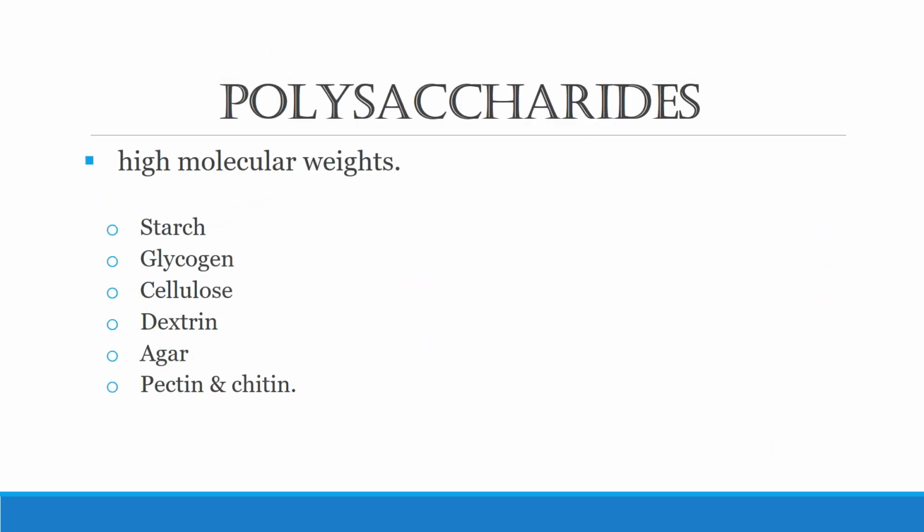Lastly, we come to the polysaccharides that have a very high molecular weight, which means that the number of carbon, hydrogen and oxygen atoms are multiple. So a very large number of carbon molecules are present. So you can see the different sources of polysaccharides that exist, that are starch, glycogen, cellulose, dextrin, agar, pectin and